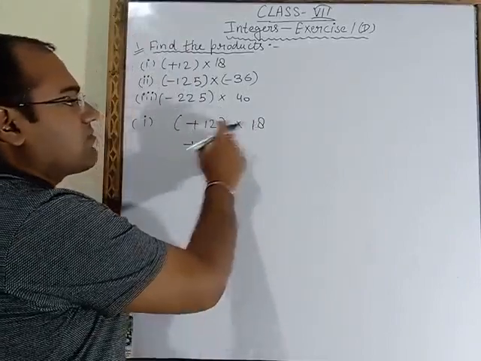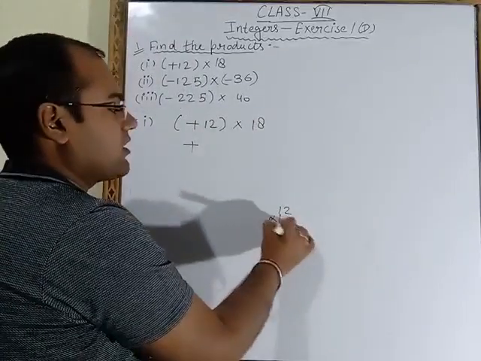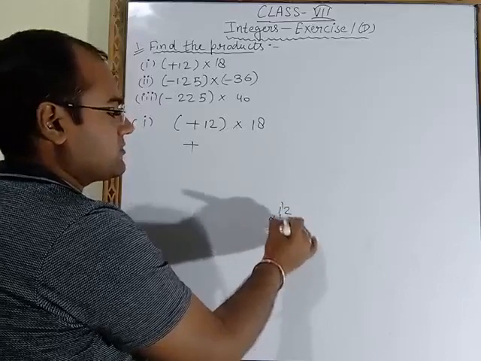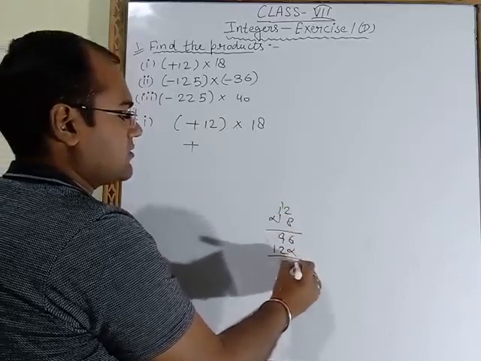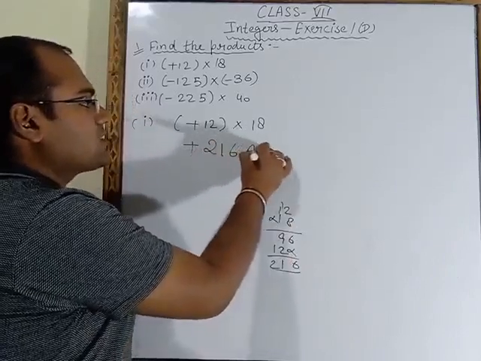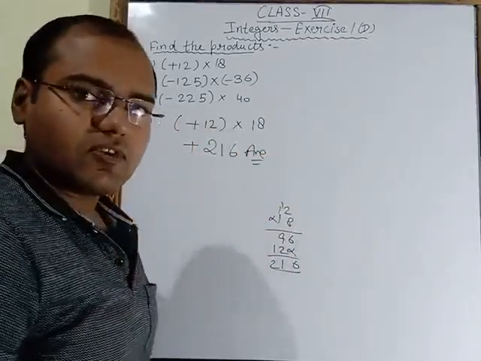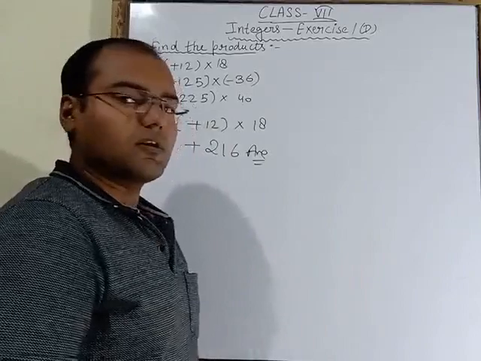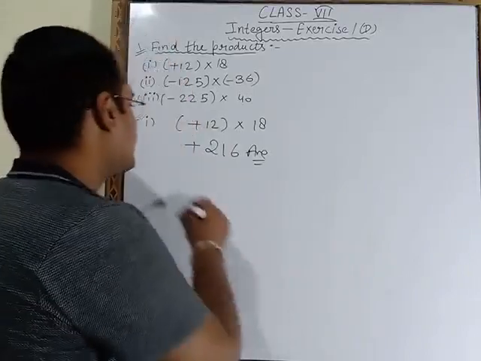Now what will you do? 12 multiply 18 you will do. The answer will be 216. So this is your final answer of the first part. Now come to the second part. The second part is